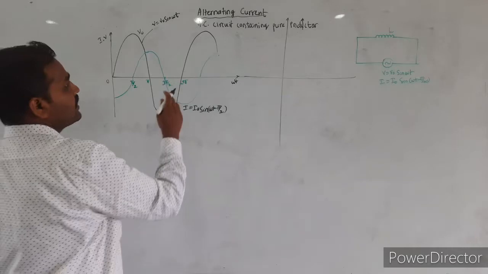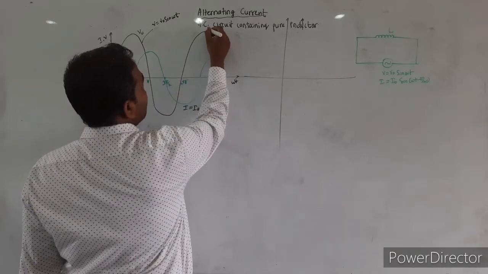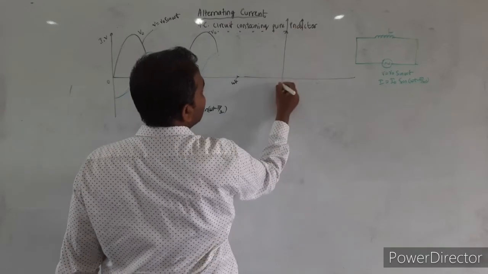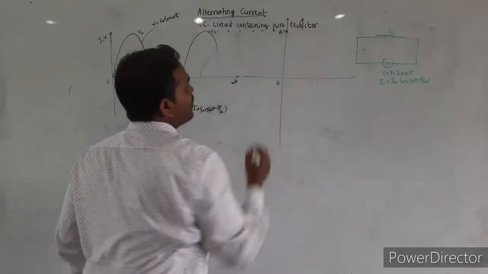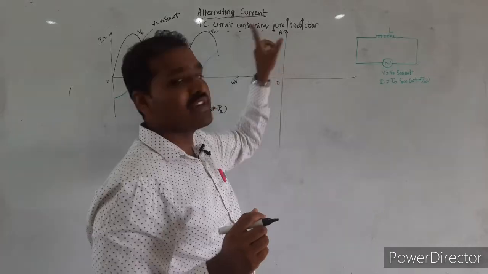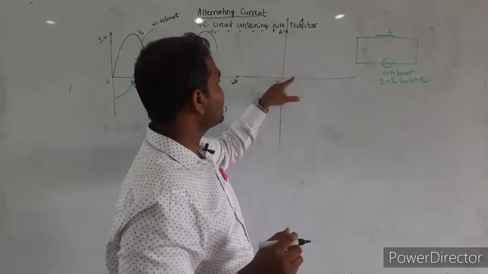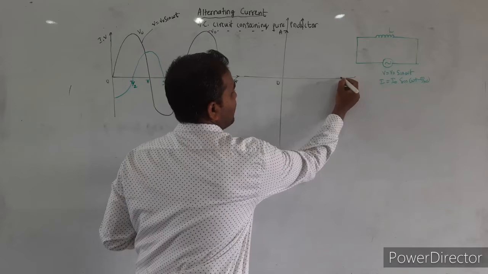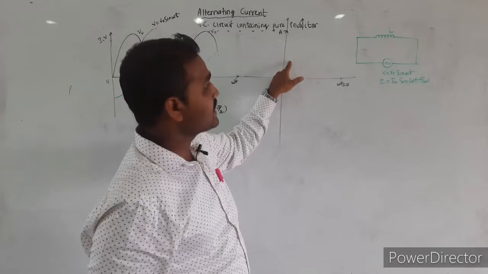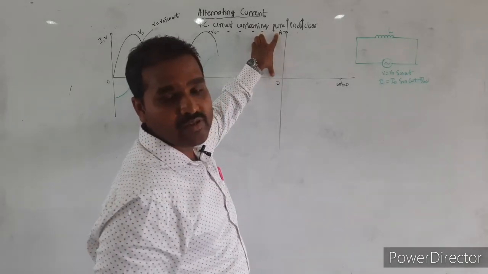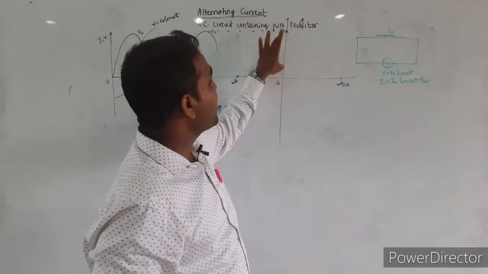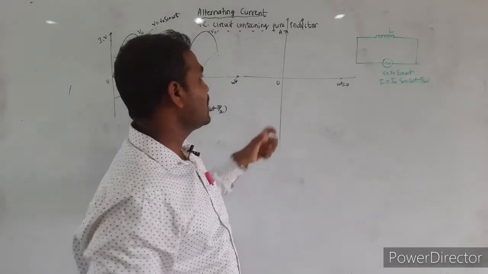Here let us consider this is the peak value of voltage. Let me project it on the vertical axis here. So this will give me the tip of the vector. So this O to A can be considered as the voltage vector or voltage phasor. This is 0 degree here, so at this point omega t is equal to 0. When the angle is pi by 2 radians, the magnitude of this voltage will be maximum, which is equal to V naught. For different values of phase angles, the magnitude will be different. How to get that, we shall see.